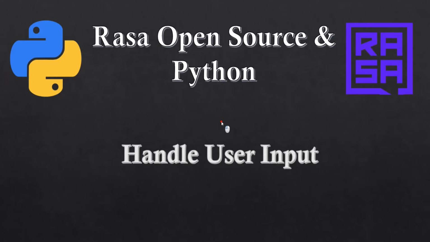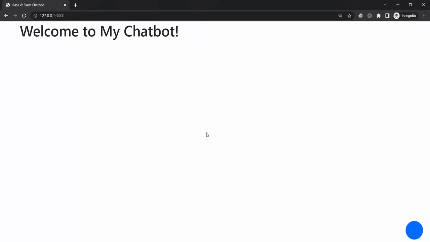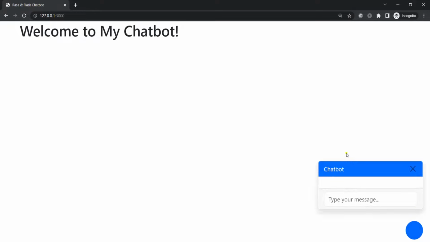In the previous lesson, we created our simple design, and also we used jQuery code. Now in this lesson, we want to handle our user input. So right now we can see that this is our simple chatbot. If I click on this, we have the chatbot and we have a close button. But if I write something in here and hit enter, nothing happens. Now we want to create this